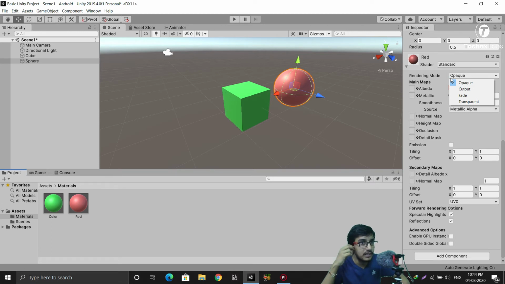For example, let's assume a feather or leaf or a Christmas tree. What happens in a Christmas tree? The leaves of that Christmas tree are present in some cutout formats. It means the thickness is very low, and at that time we have to use this cutout.